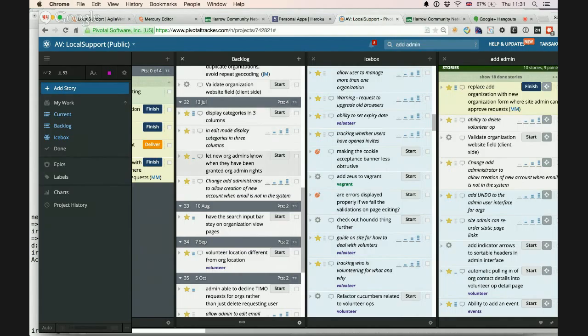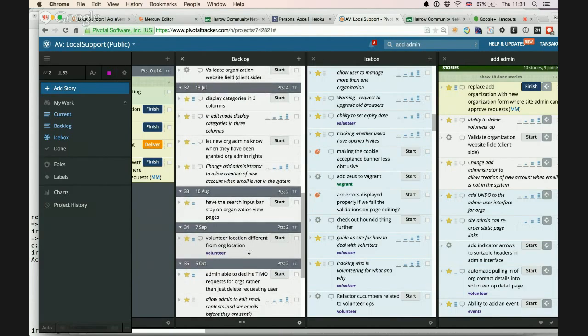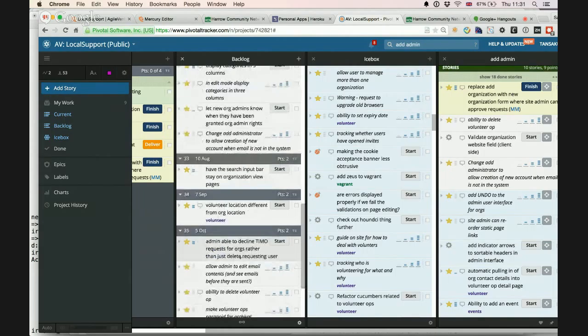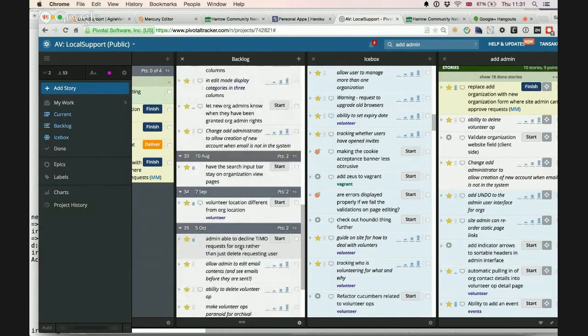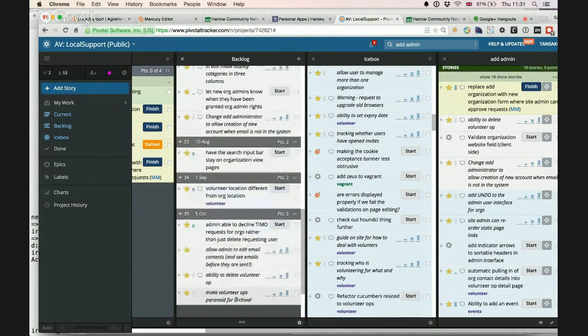And then we've got these 2 things that relate to the flow with the org admin, and then we've got search input bar staying on all overview pages. We've got volunteer location different from org location, ability to be able to decline things, and I think they're fine.